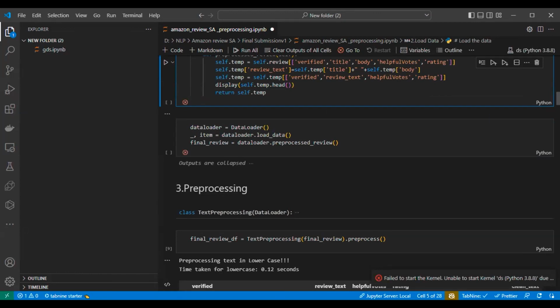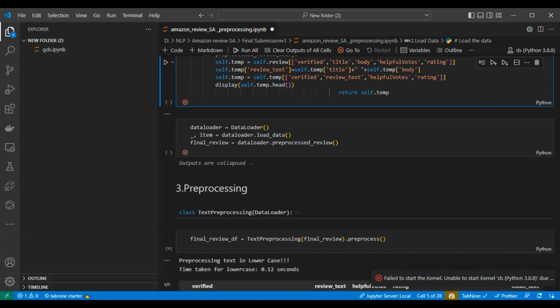I think we should start from the beginning. Okay, the kernel is not started. We need to restart the kernel.